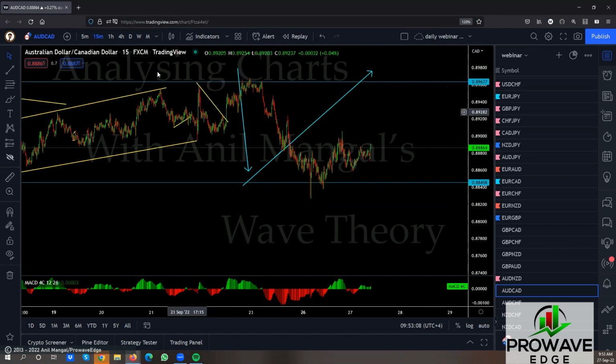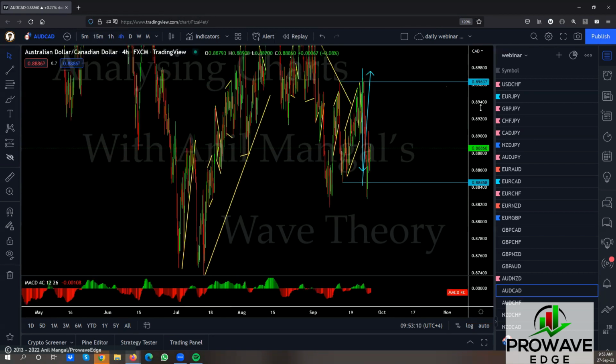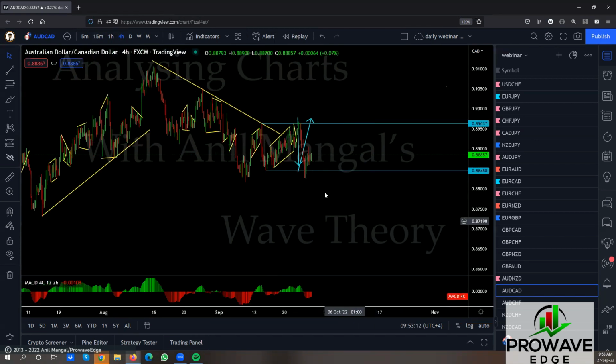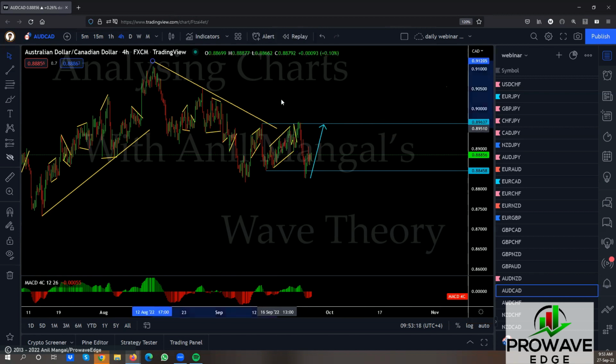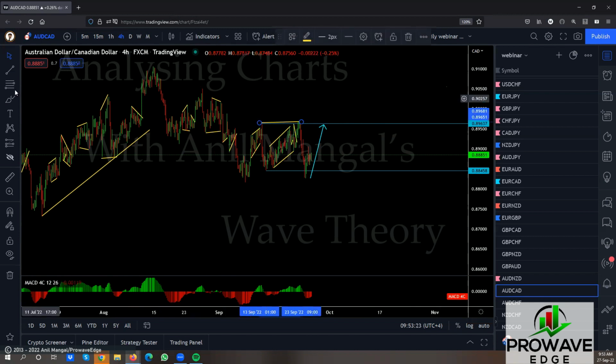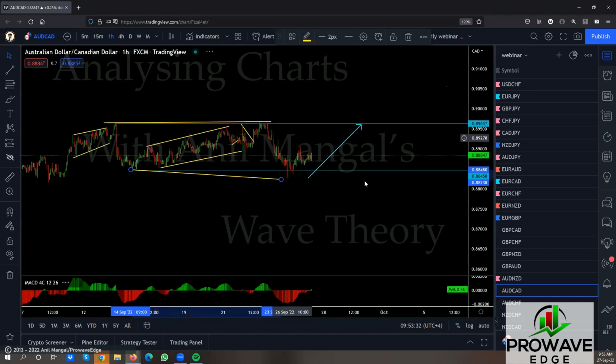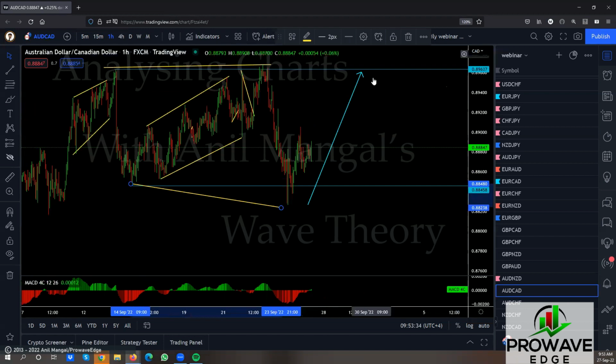Okay, this had to come down. Did we want to break the low? I don't think we wanted to break the low. We just wanted to come down and go back up, but we broke the low, so go expanding flat. All right, so we're going to take this as an expanding flat here. Now it should go back up like this, right? You're looking for an upside. Let's see if this goes back up. Look for a buy setup. Let it finish what it's doing here. Look for a buy setup.